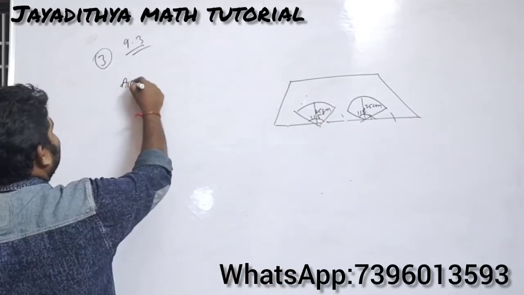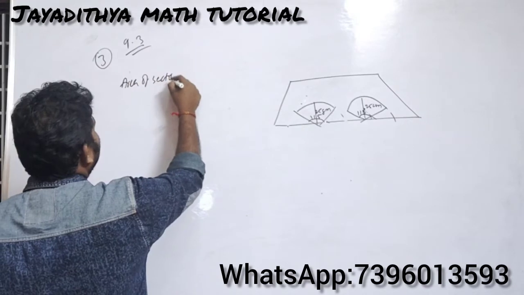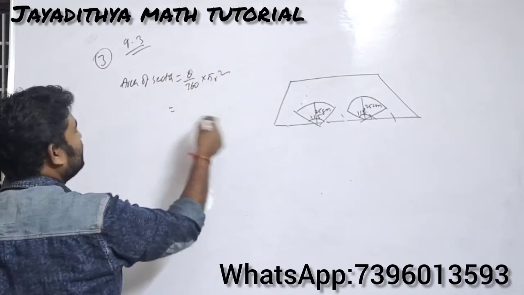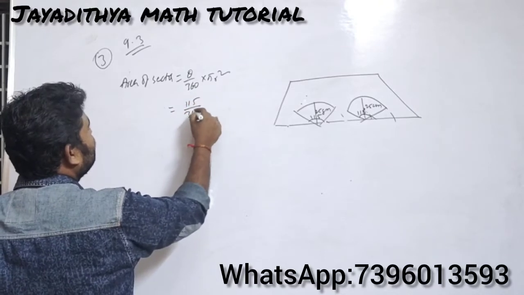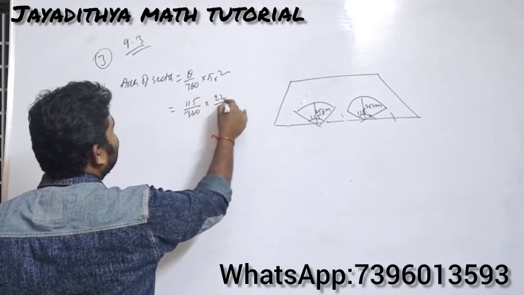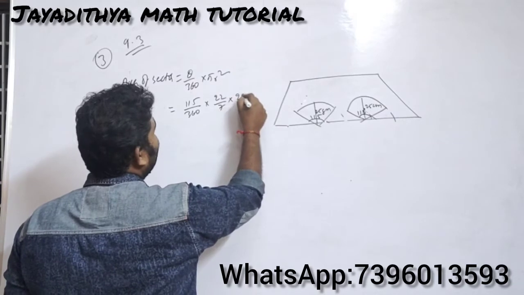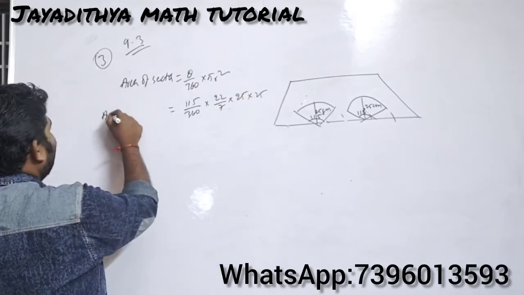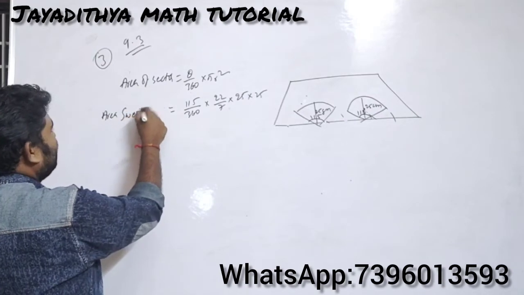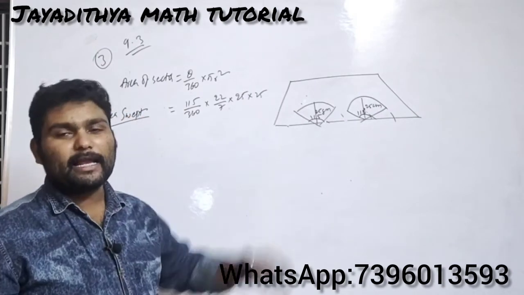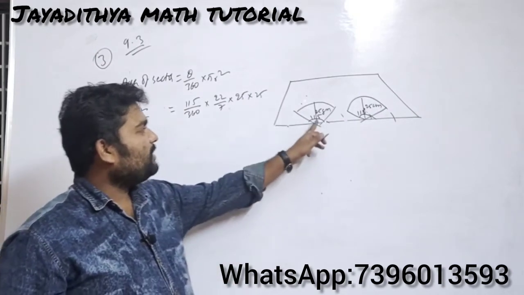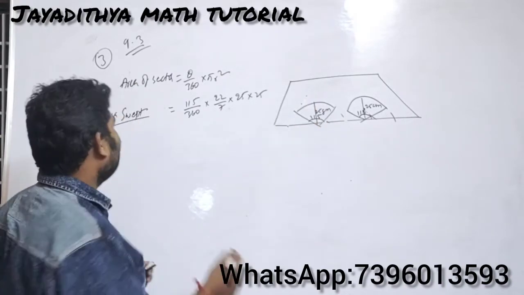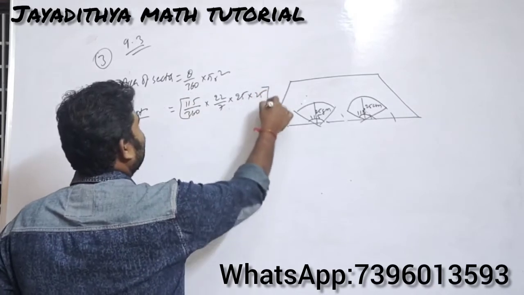What is the area of the sector? Area of sector is equal to theta by 360 into pi r square, and here theta is equal to 115 by 360 into, take pi value as 22/7, it is given in the question itself, and radius is 25 into 25. I am directly calculating the area swept, that means I am calculating both the areas simultaneously. Why? Because here the angles are equal, and also the radii are equal. So you multiply this one by 2.